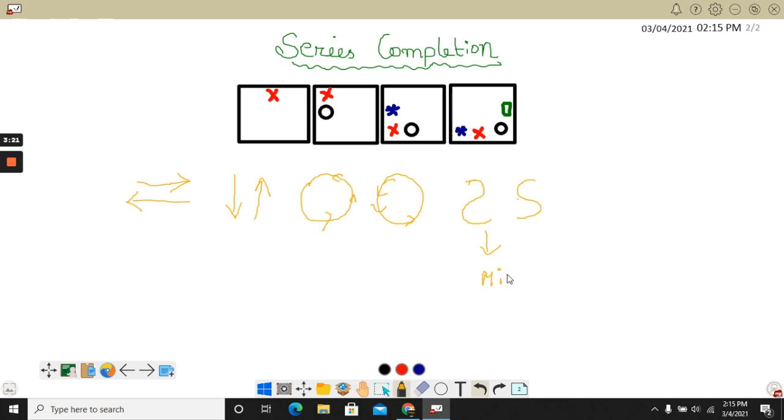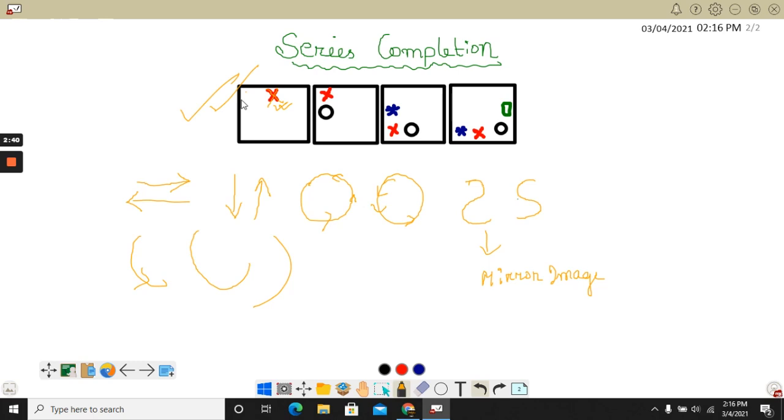So now in this kind of sequence, you have to see which one your question is saying. Like I have taken a question, this is an example, I will show you how to solve this. In this case, see, in the first box, the cross, this cross is here, and in the next box the cross came to the corner, that means it is moving anti-clockwise, not this way, it is moving in this way.